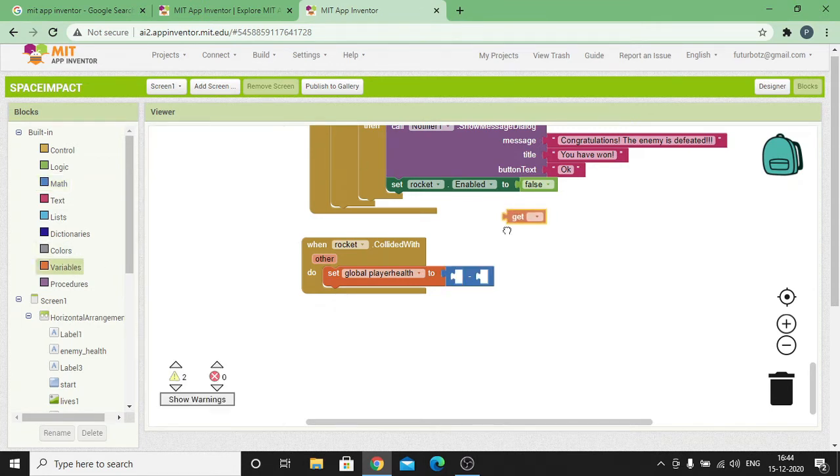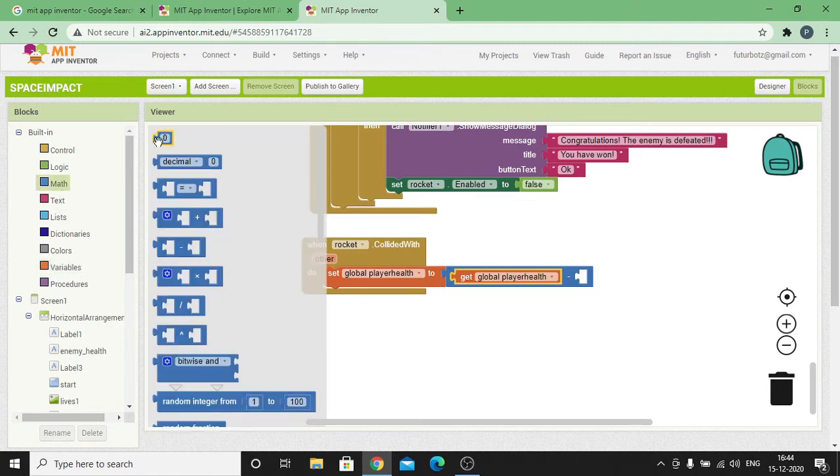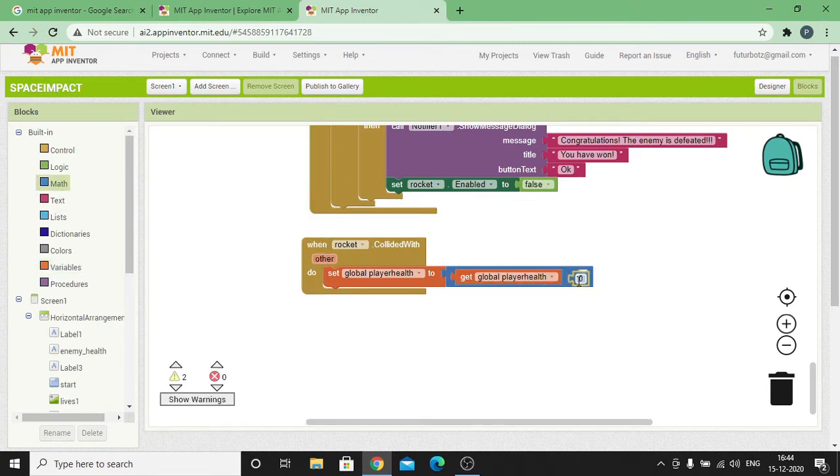Then add a getter block once again to the left hand side of the subtraction sign. Click on the drop down and select global player health. Click on math and add a value of 10. So the same kind of thing we're gonna repeat. Whenever any obstacle hits the rocket, the player's health is gonna get reduced by a value of 10, and